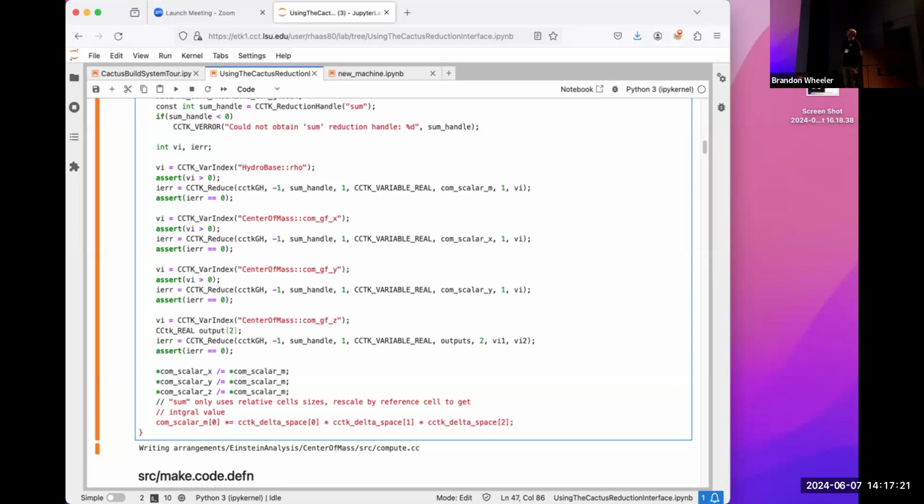Fine, Roland, what's going on? When you do the 2D output of Carpet, how does it determine which slice to take output of? When you do 2D output, whenever it does output, it only outputs those refinement levels that exist at that